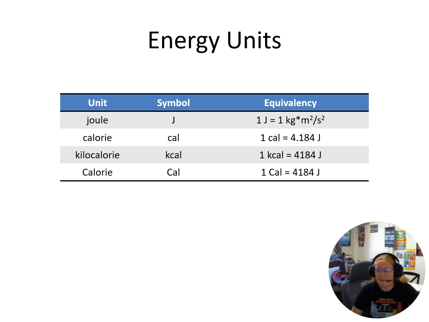We have a few different units that we consider: the joule, the calorie, the kilocalorie, and the capital C Calorie. This can be kind of confusing. You have to pay attention to capitalization. If you look at the kilocalorie and the Calorie, you'll notice that they're the same. A kilocalorie is just 1,000 times a lowercase c calorie, and then we've got our capital C Calorie. When you look at food labels, pay attention to whether it's a lowercase or a capital Calorie. Again, remember our joules, we've got that kilogram meter squared per second squared.